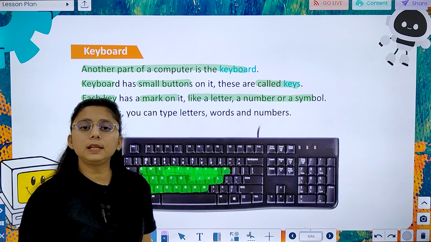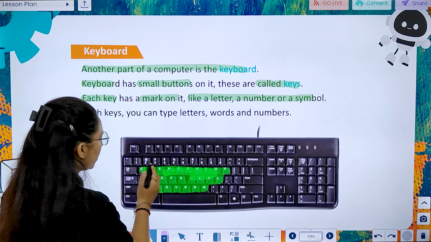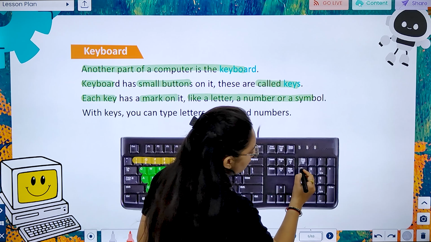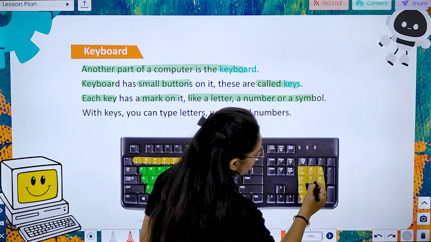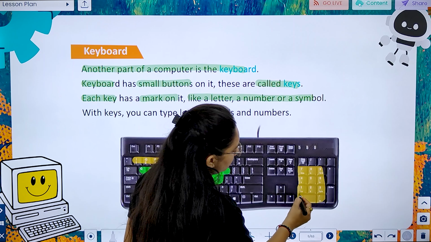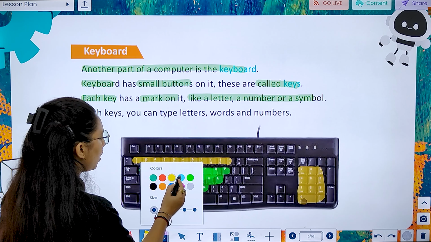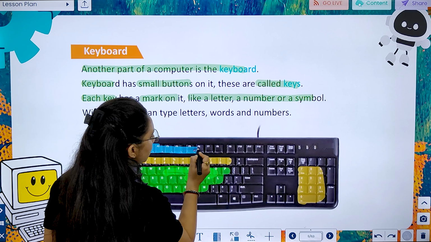Then we have numeric keys. They lie on the top and the leftmost corner. These all are known as numeric keys. Numbers are written on them. Then we have function keys. These come under the special keys, F1 to F12.